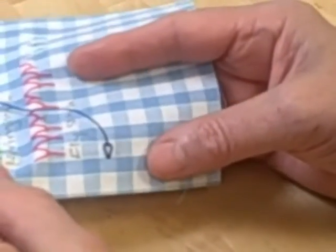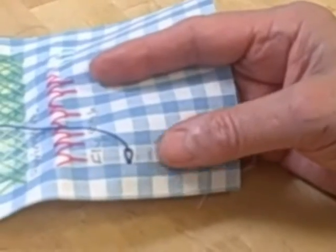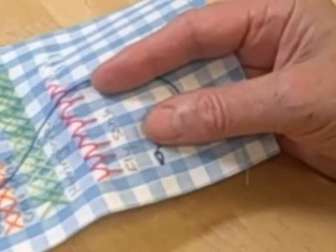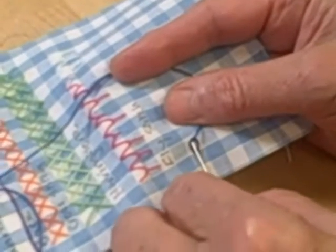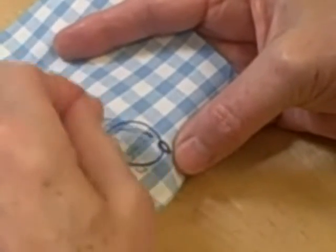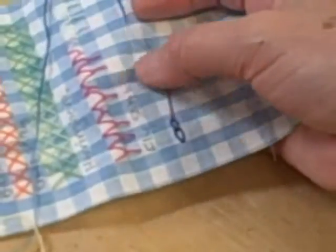Now the fly stitch, we secured the loop with a little stitch. This time we don't. We go straight into the next stitch, so another loop, needle down where the other one came out, short distance in front, bring the needle out and pull finally your thread around,